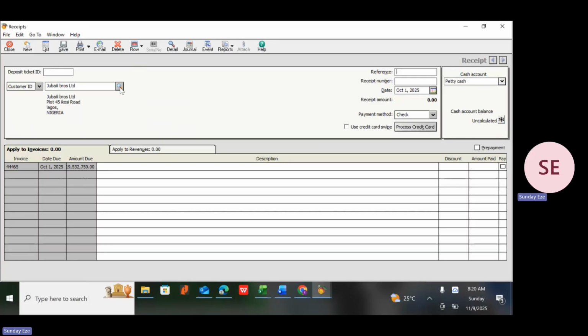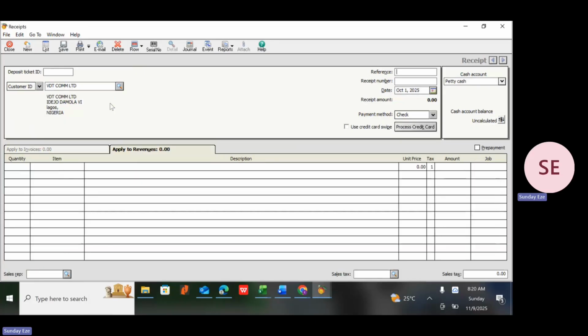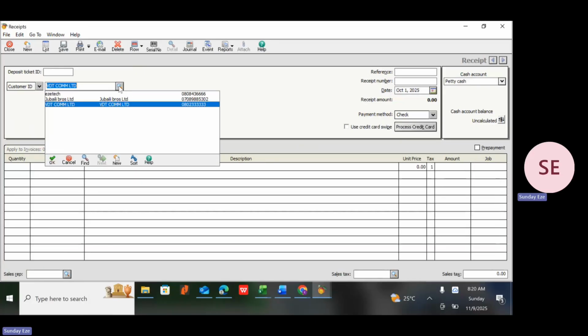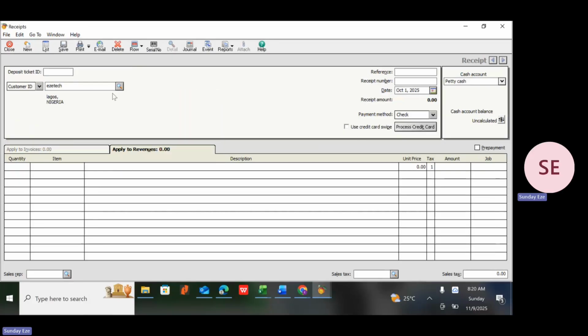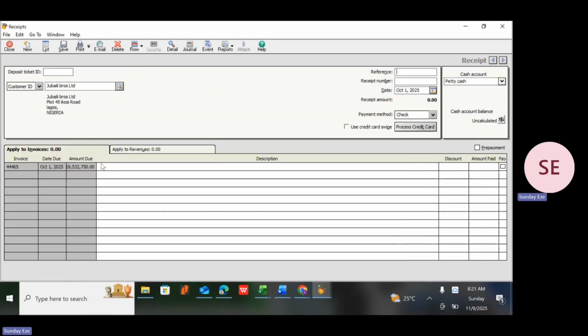You understand? Let's go back again to the customer icon. We have EasyTech here. We have VDT. If you click on VDT, you notice that nothing is showing for VDT because VDT is not owing us anything. If you also click on this EasyTech, you notice that they are not owing us anything. Nothing really pops up. But if you click on Jubilee Bros Limited, because we've already transacted with them, we've supplied them goods, it is showing our system that they are owing us 19.5 million. So